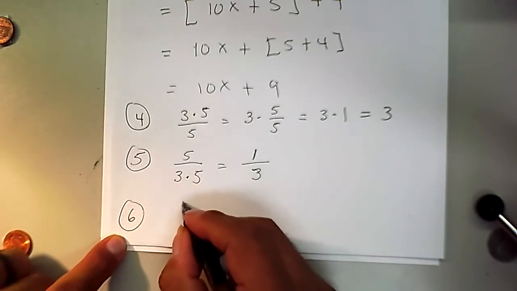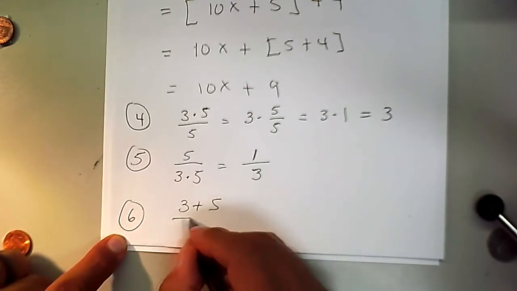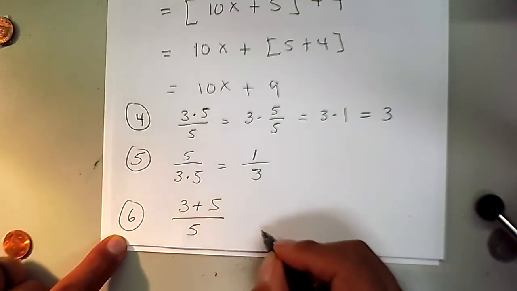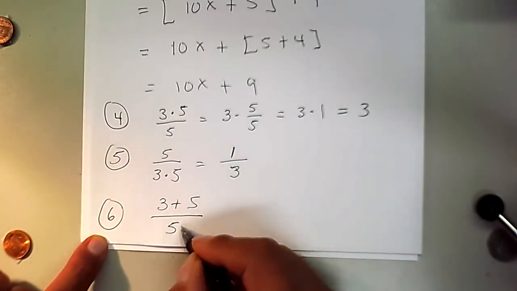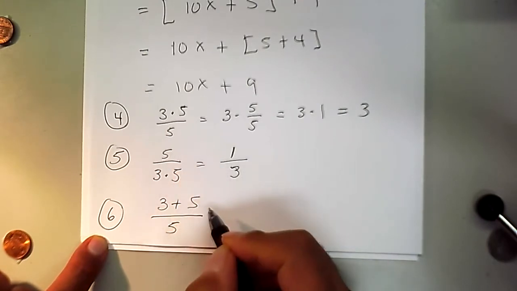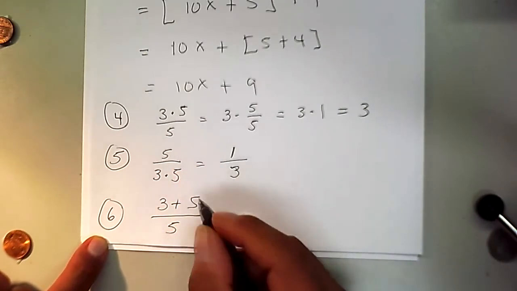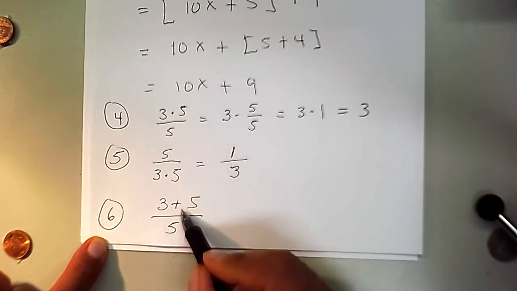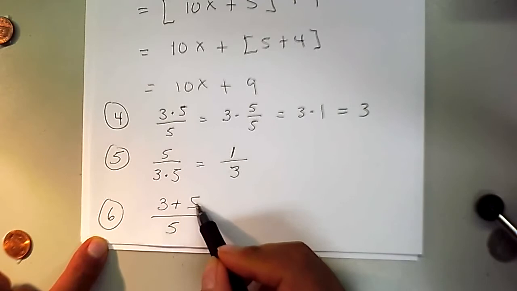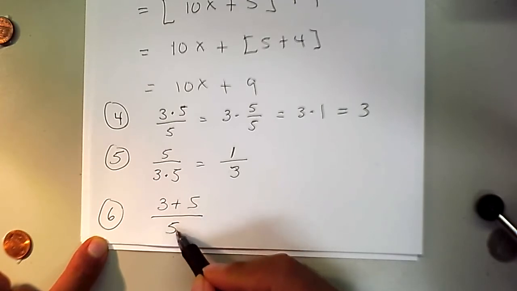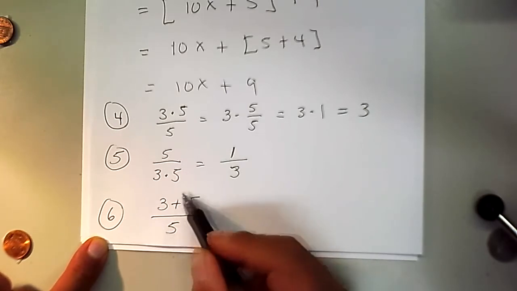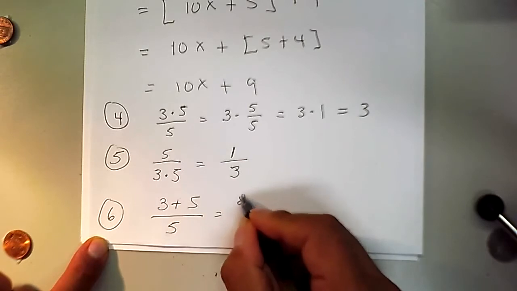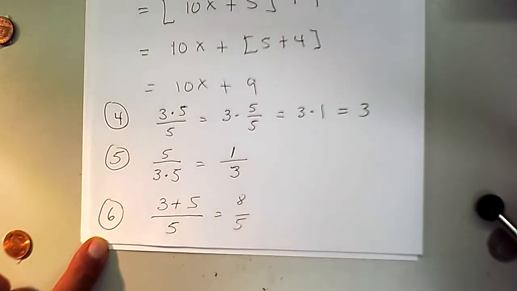Also, we have examples like this: 3 plus 5 divided by 5. Of course, it is very, very incorrect to simplify the fives as we did up here. So the answer is not 3. And the reason is because the operations are different. Here we're adding 5 to then divide by 5, and the addition and the division are not undoing each other. So this is simply 8 divided by 5, and then we just leave it like that. There's nothing really to simplify after that.